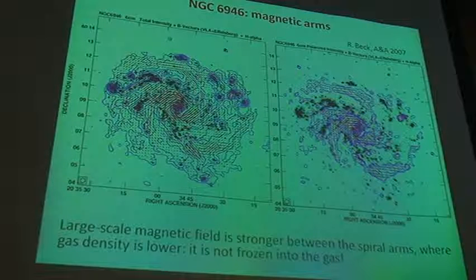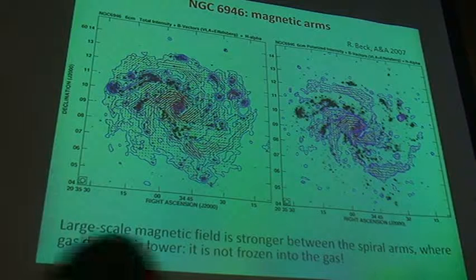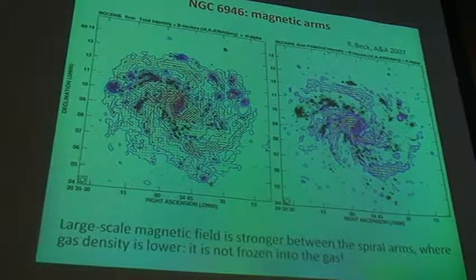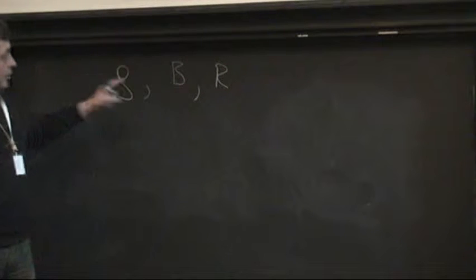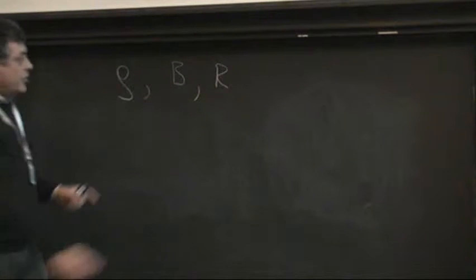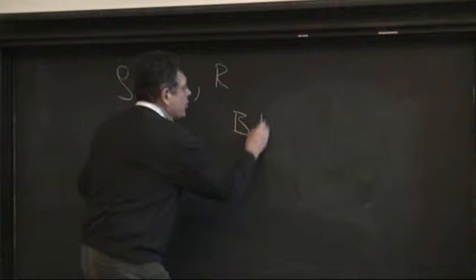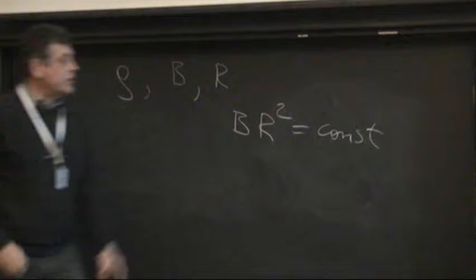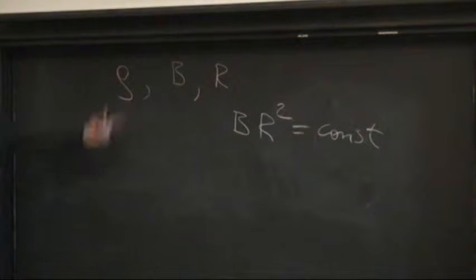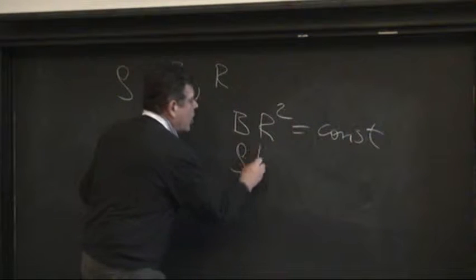Meanwhile, if magnetic field is frozen into a gas, imagine that you have a cloud of gas whose density is rho and whose magnetic field is B. Imagine that it's compressed or expands, and its radius is r. Then, as the magnetic field is frozen into the gas, the magnetic flux should be constant. B r squared must be constant. The flux through this cloud, through this region, must be constant. Mass is also conserved, right? So rho r cubed